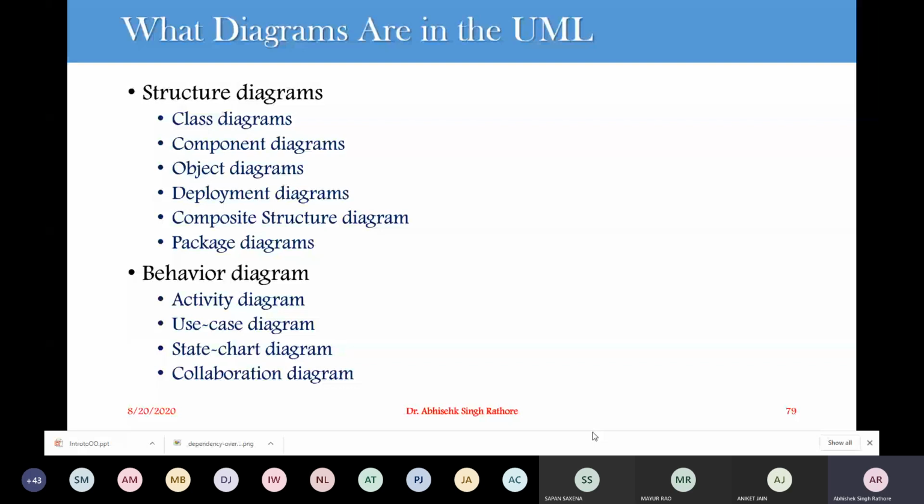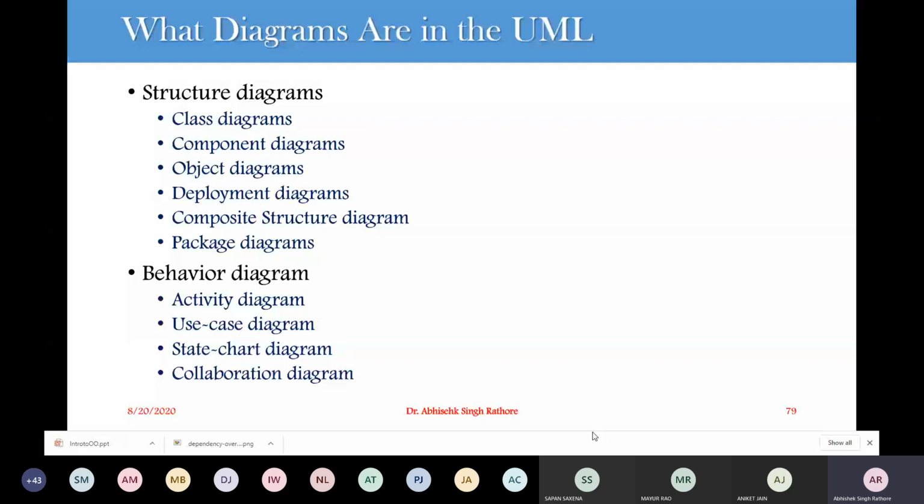other and work together. Then we are going for the object diagram. In case of object diagram, it shows the relationship between a set of objects in the system. So it represents the dynamicity of your diagram or dynamic things of your program. It shows the snapshot of your system at a particular point.